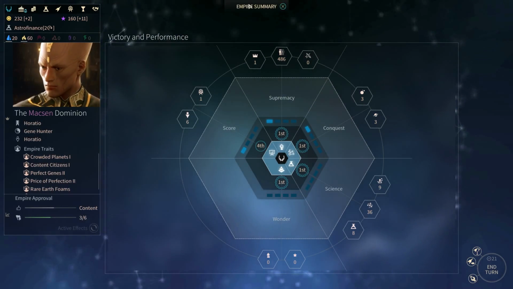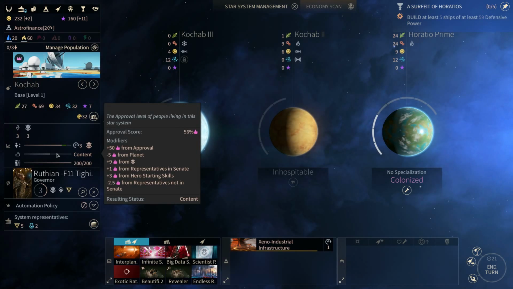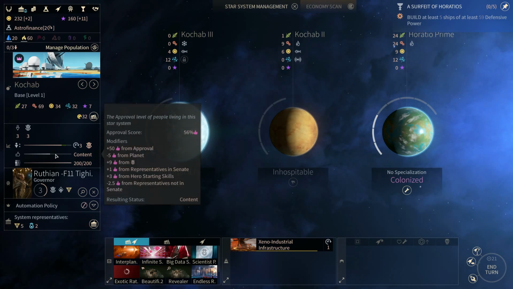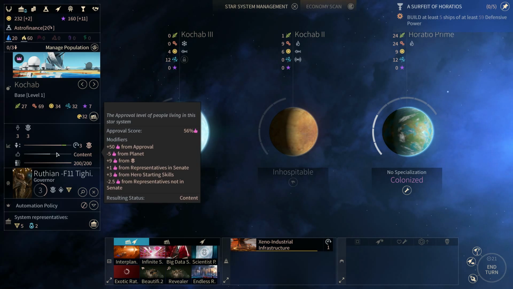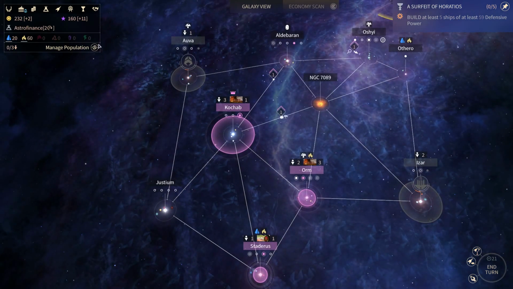So it's 57%. If I go on a system and check it in more detail, you can see representatives not in Senate. I'm getting minus 2.5, so it's basically 0.5 per one here. So it's tiny, and I think either this has been reduced a heck of a lot, or the Cravers have a very different mechanic when they have a dictatorship that causes a lot more unhappiness. But that's not an issue at all for us. So basically, I could pick whatever party I want. Really, I don't have to stick with religious if I fancy something else, it would seem, because approval wise it's really not an issue. I could even switch governments to something else,